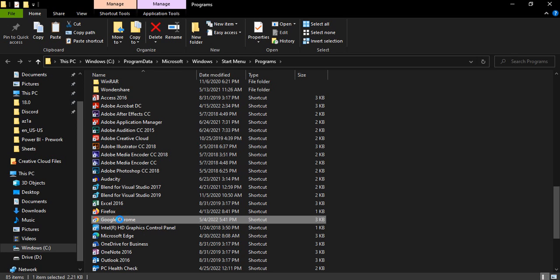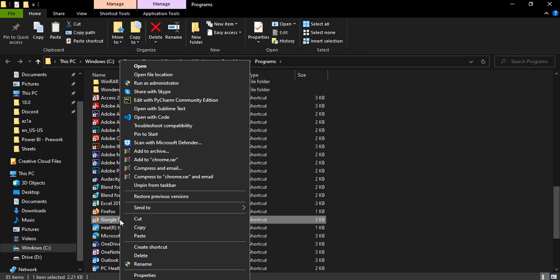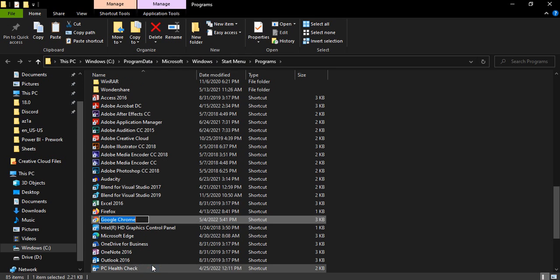So what you need to do is just right click over here and click on rename. Now you can just rename it to anything, like adding a dot or something over here like this,